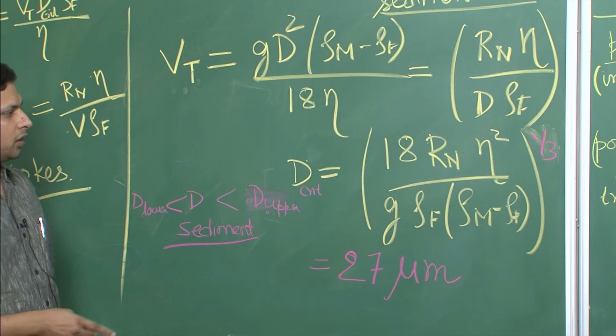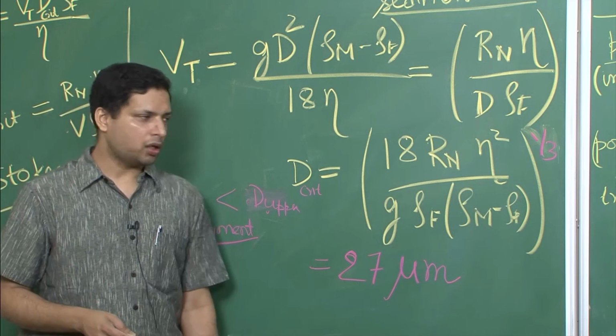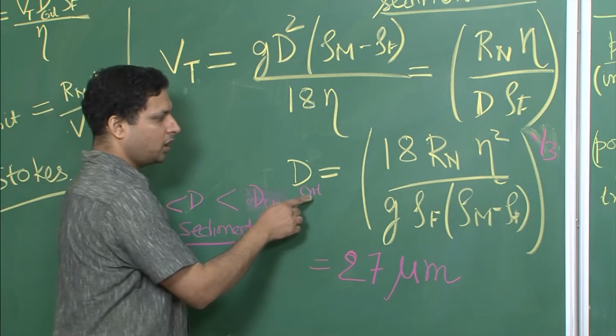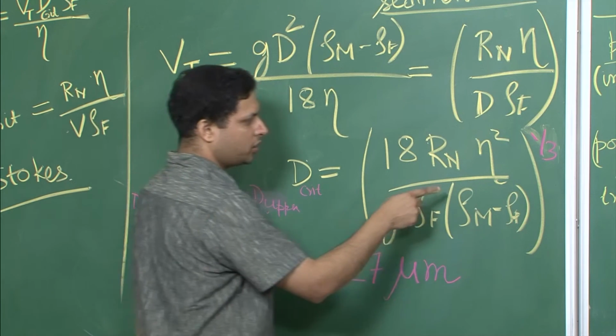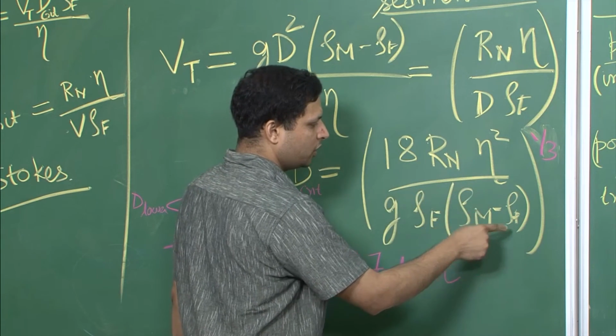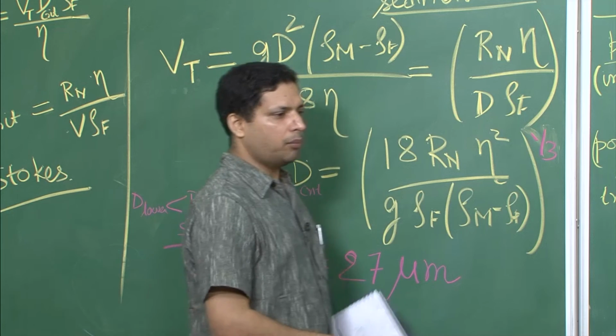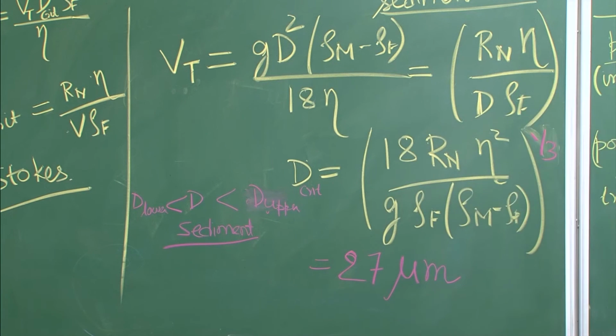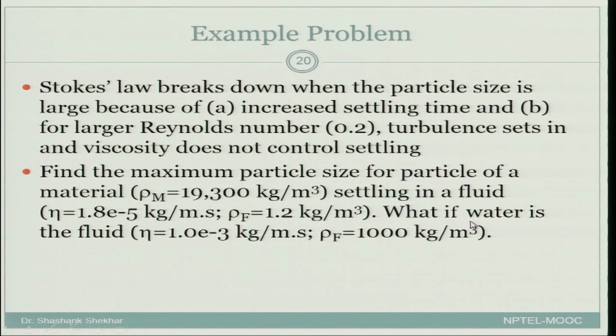Having said that, the second part of the question is to find the D critical when we change the liquid. Let us get to the slide to see the density comparison. The first fluid has a density of 1.2 kg per meter cube, compared with the other fluid, water, whose density is 1000 kg per meter cube. So, it is 3 orders of magnitude larger.